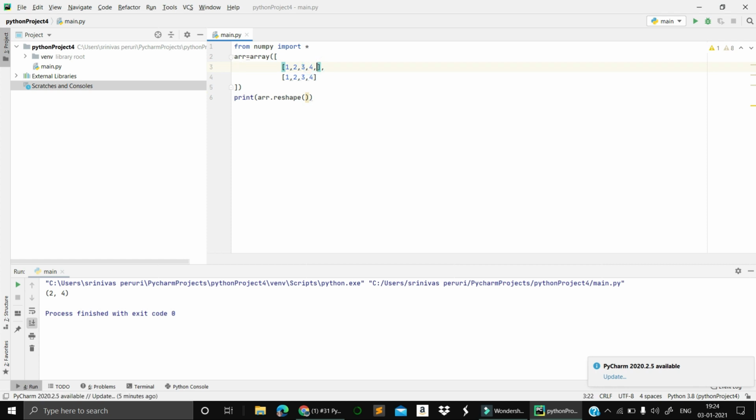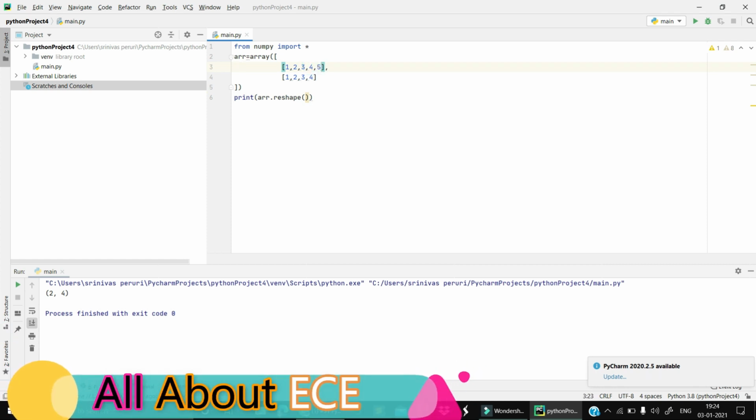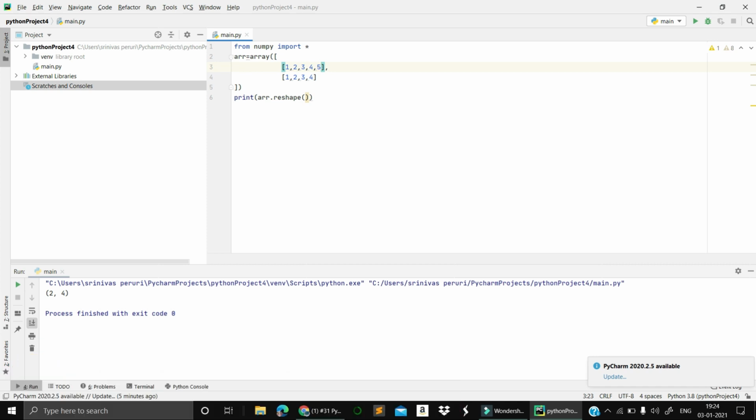So I need to match the elements. We need a 3 cross 3, meaning 1 2 3, 1 2 3, 1 2 3, 9 elements we have, right? So let's run this one.